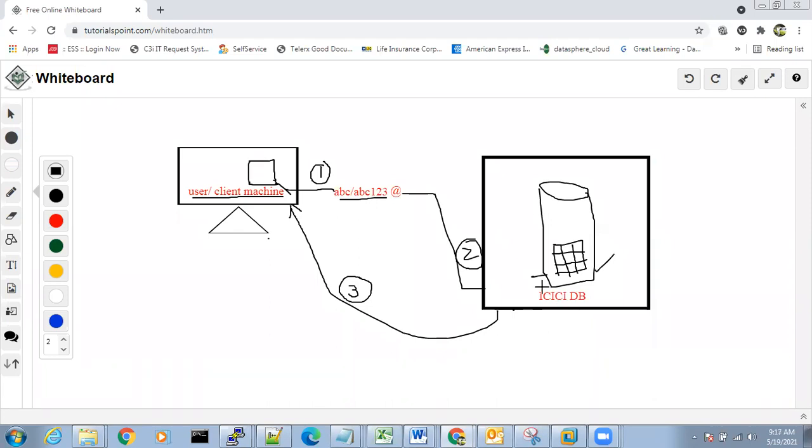Now I am in a different location. Let's say I am a user. I am in a different location. Now I want to talk. This user wants to talk to the database, right? This user has to talk to the database. Then only the connection will be established to the database. When the user is talking to the database, then only the connection will be established. Then the user can perform all the operations, right? All the operations.